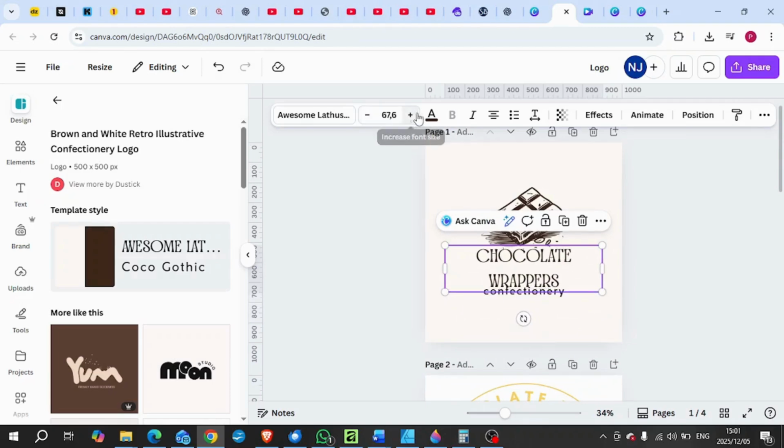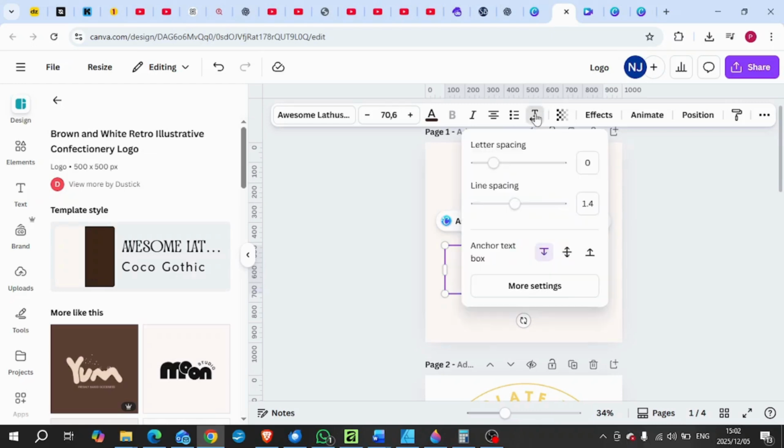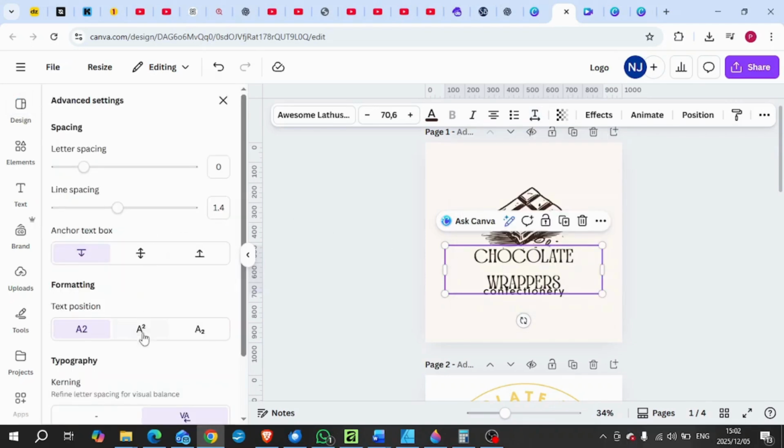Okay, I want to change that line spacing, so I'll go here, advanced settings, and now I cannot see how much I will move it, so I'm just clicking on this more settings, then it opened here at the side. So I'm looking at the line spacing